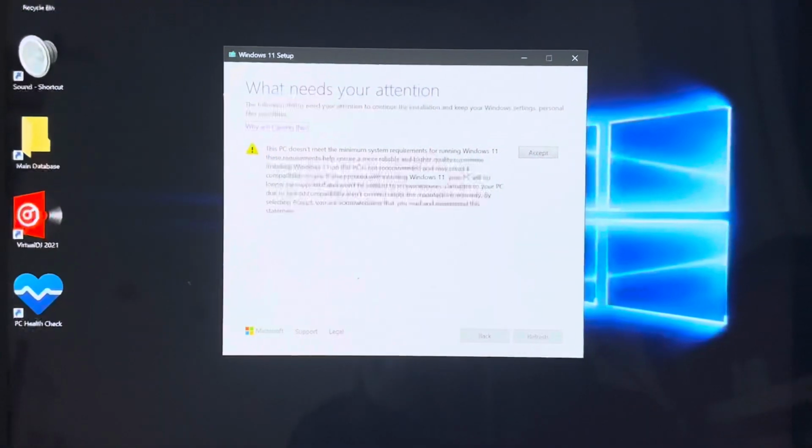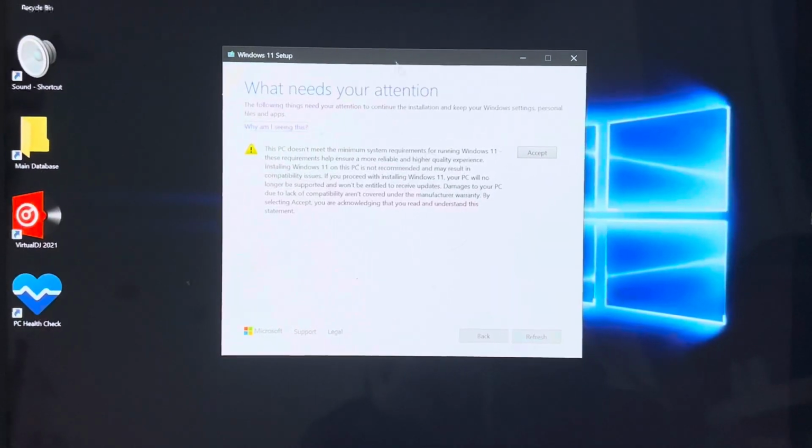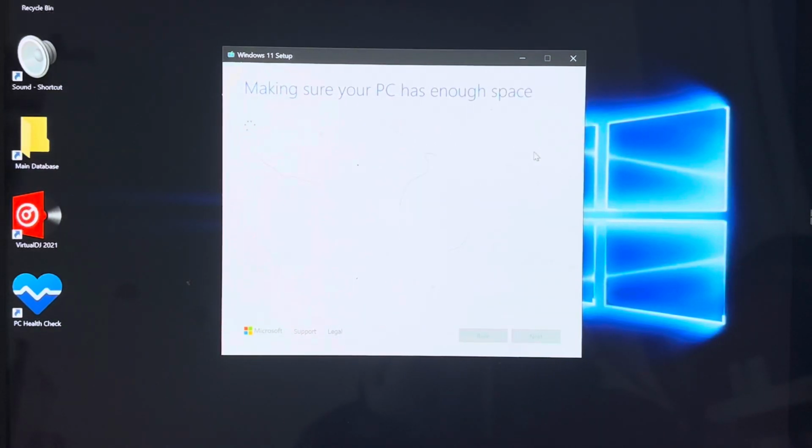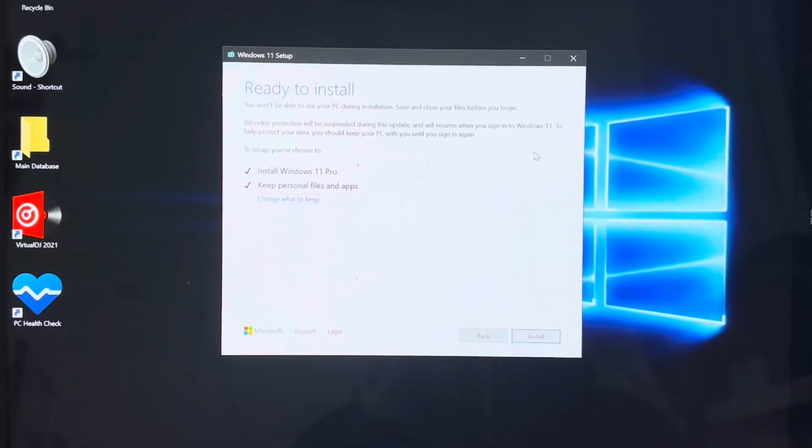We'll come back. Okay, we're ready to go. Now, if you've installed and done the registry entry correct, this is the message you will see. Just warning you that it's not recommended that you do the update, but if you're happy to go ahead and you've read everything there on the screen, you just need to click on accept, which means the registry entry was correct, and it's gone past the stage where it would have normally said that your system does not meet the